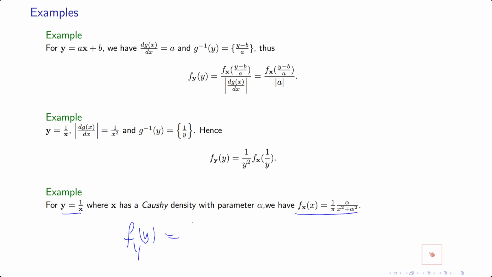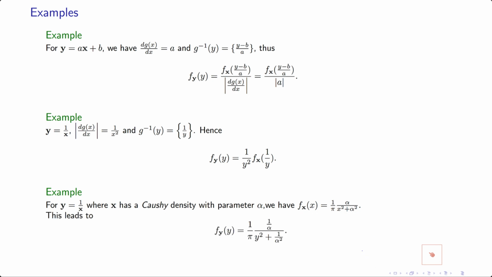So I have 1 over y squared times fx of 1 over y. That means I have to replace x by 1 over y and put it in this equation. So I get 1 over y squared times 1 over pi, and then alpha over, instead of x, I put 1 over y to the power of 2, plus alpha squared. If you simplify this equation,